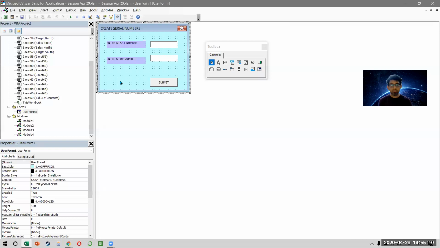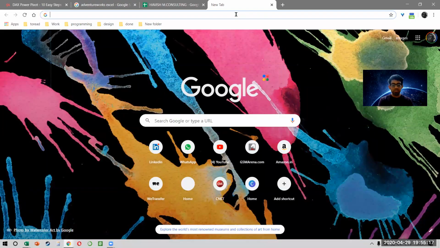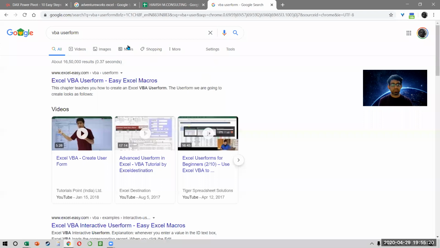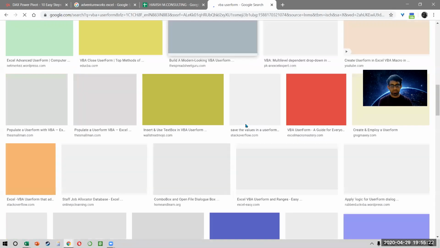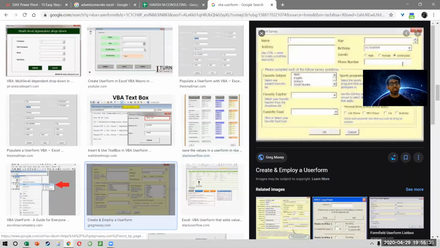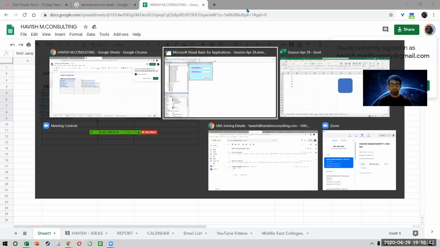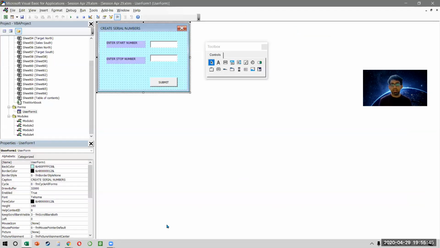So we created a user form. The beautification is completely up to you. You can create as many elements as you want to. Like if you search online, you'll find crazy examples of VBA user forms that have been created. Look at this, right? So fundamentally, it's the same thing. There is an OK and there's a reset button. And you can literally create entire software using Visual Basic. Excellent. Questions, anyone?